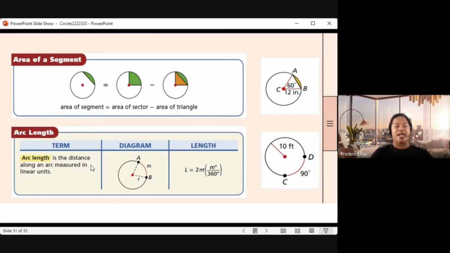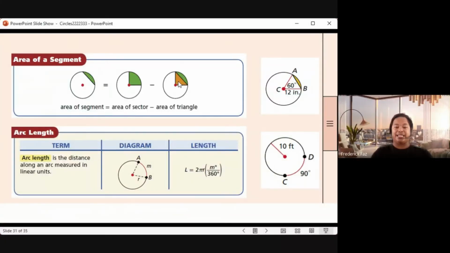Let's have area of a segment. So, if we're going to illustrate area of the segment, it is the difference between the area of the sector and the area of the triangle po. So, we have area of the sector, yung kanina po, 1/2 r squared theta, and then yung area ng triangle dito is,